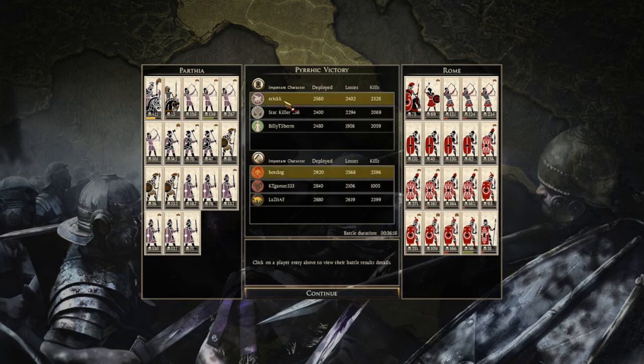Eric getting 2,328 kills. 411 for his general, 15 for the Sarmatian Lancers, 158, 139, 287, and 101 for the archers. What? 145 kills for Hillman. This is not real. This is fake. What, did you give these guys